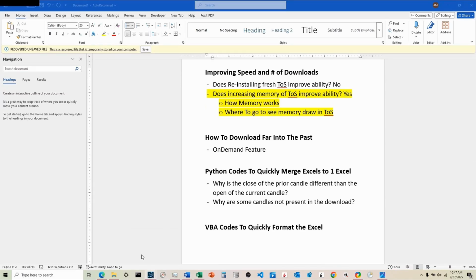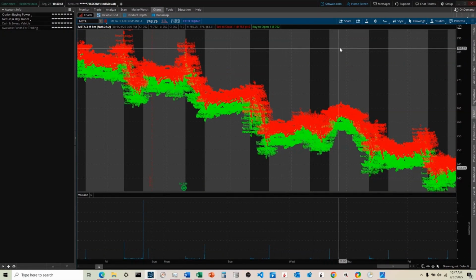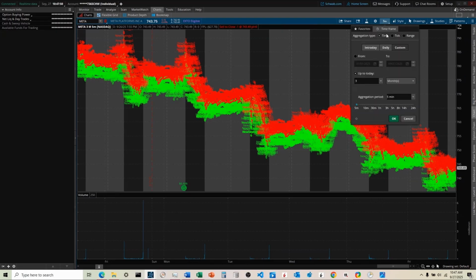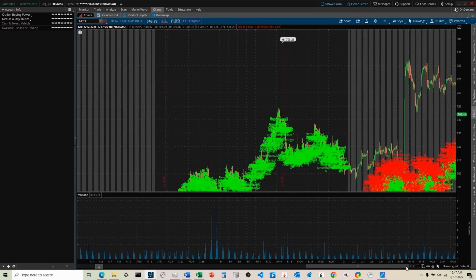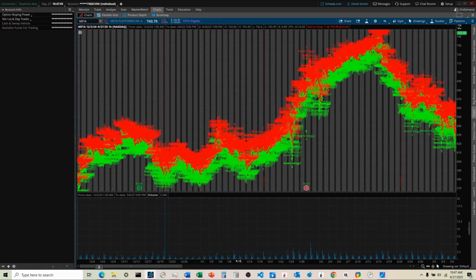So the next question here is, okay, I can install a certain amount here on the screen, but how am I able to go back in time? When I do go back in time, it only shows me a certain number. It doesn't allow me to go, for instance, I've just chosen January 2024. Well, this thing's only going back to December 2024. It's not letting me go back all the way. So the answer is, if we want to go back further than a specific number here, we have to use